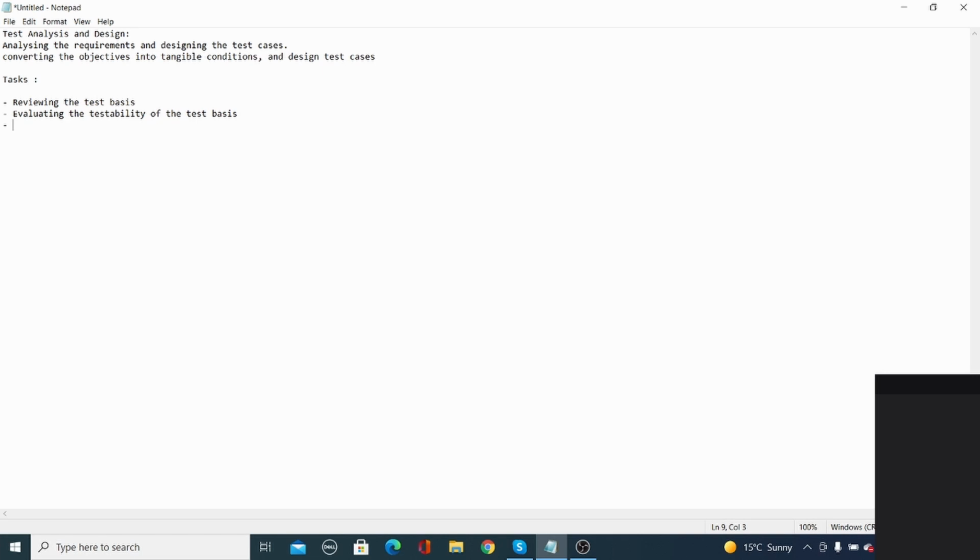Say a requirement is: the computer should return the processed result as soon as possible. Can you test this requirement? No? I didn't understand? Okay, let me explain.